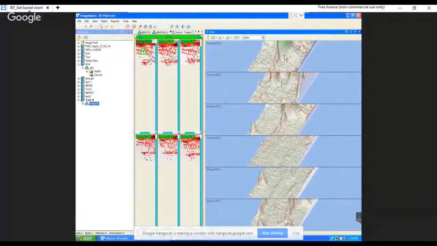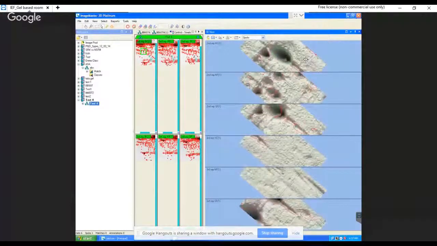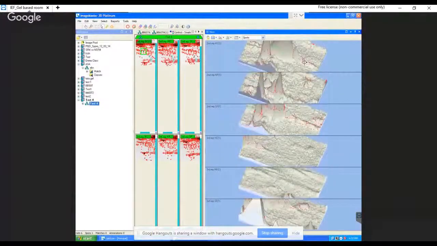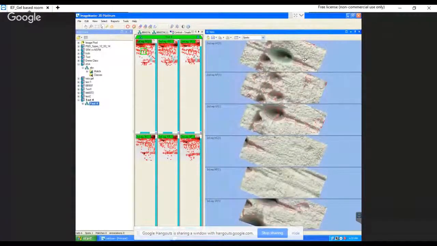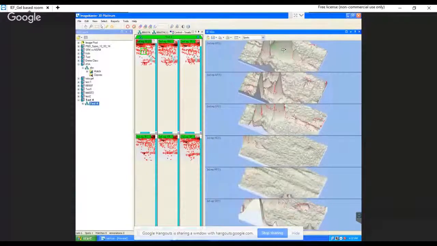So you can see there are corresponding spots in all gels. Here you can see how it is visible in other gels also. Where in the first gel the intensity was more, you can see the clear spots, and in another gel here you can see.